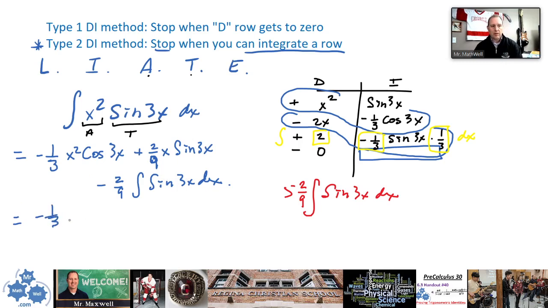Negative 1/3 x squared cos 3x plus 2/9 x sine 3x, and then I'm going to go minus 2/9, and the integral of sine of 3x is going to be times, what was that, negative 1/3 cos 3x